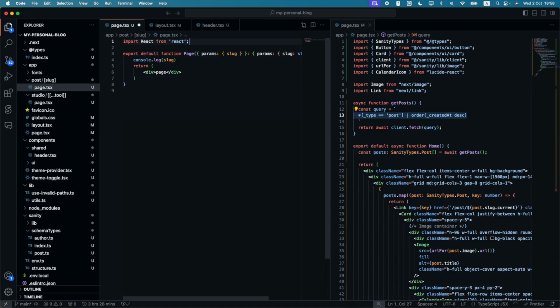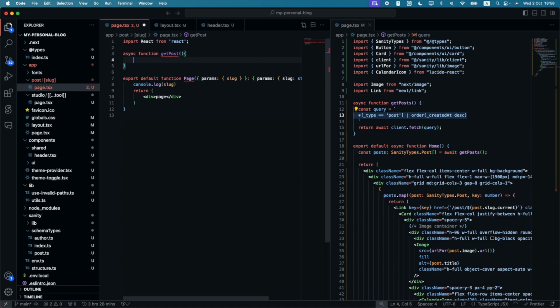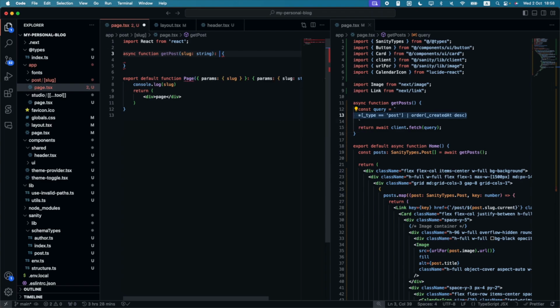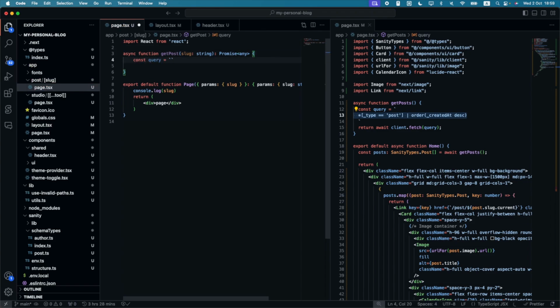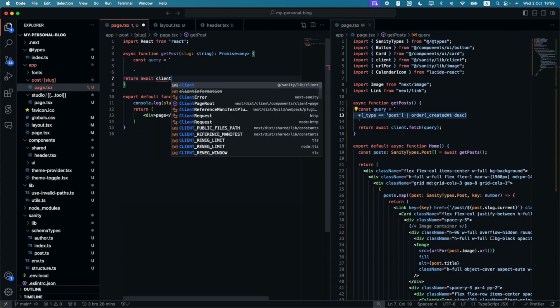So now we want to be able to use the same GROQ query, add a condition to it so it matches the slug. So create an asynchronous function, just like before, get post, individual post, with a param of slug of type string, and we are returning a promise of any. Now, const query and return await client dot fetch